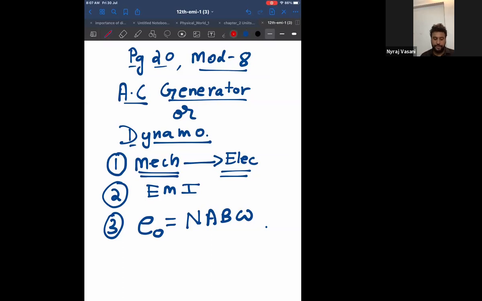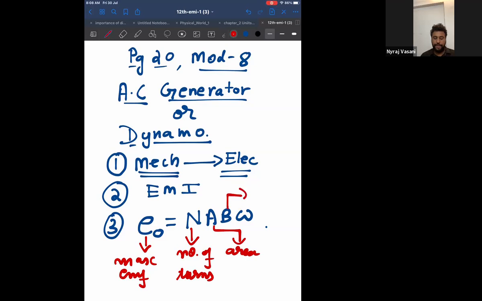Where E naught is maximum EMF, N is number of turns, A is area, B is magnetic field,